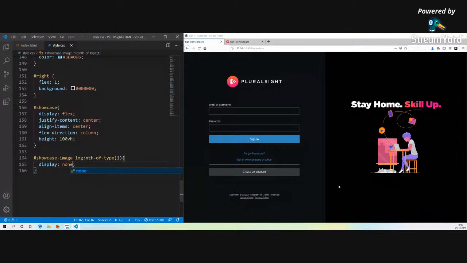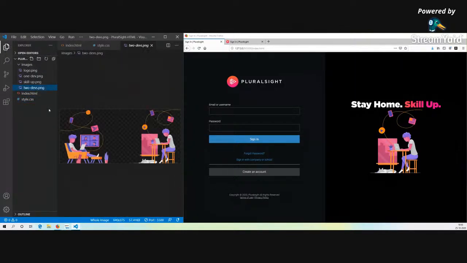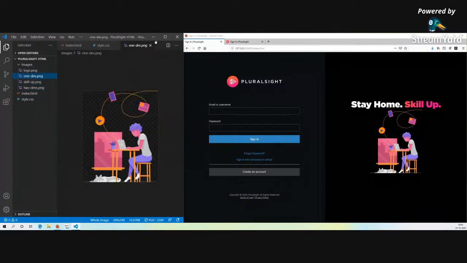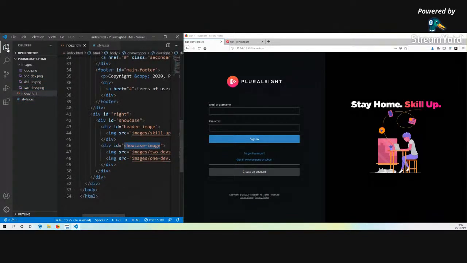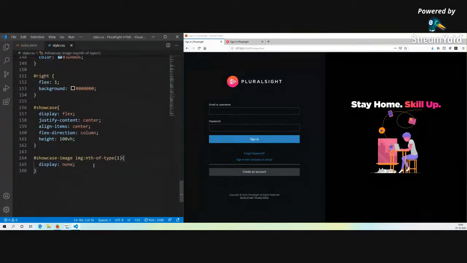So this was the logic which the Pluralsight people were also using during the coronavirus, means during the earlier part of this year. They were taking two images, and the images were for different times. So if you see, this 2 dev image contains this, the 1 dev image contains this, and in index.html I have both of them. So I'm hiding one of them at a certain point, and then the header image, I want some